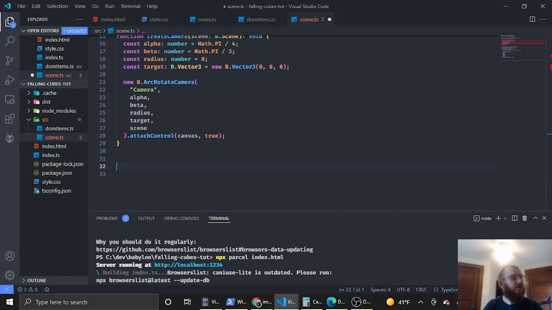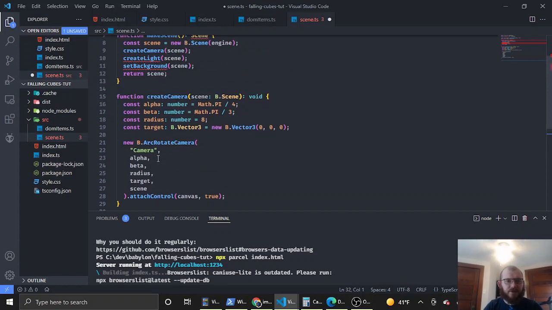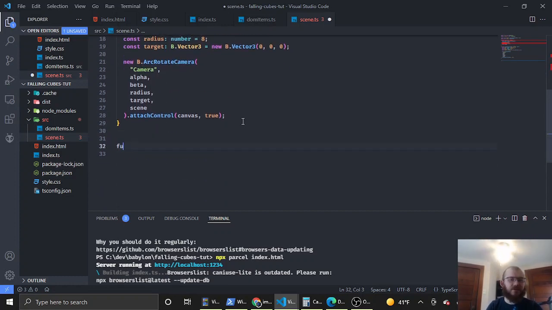Now our camera won't do anything without a light, so we need to use the create light function, which we started up here but haven't made yet. So function create light takes in a scene of type b.scene. It's going to return void because we don't need anything here at the moment, and const light equals, and again you could call this b.hemispheric light if you want to add the type here. In this case I'm not going to, I'm just showing different ways that you can do this. TypeScript can infer that this is a hemispheric light, equals new